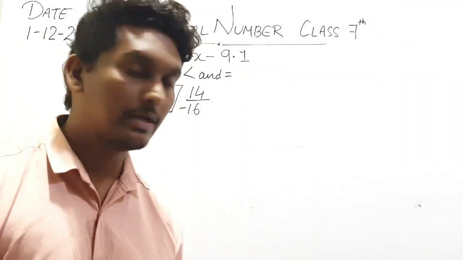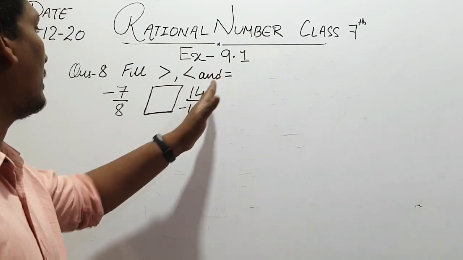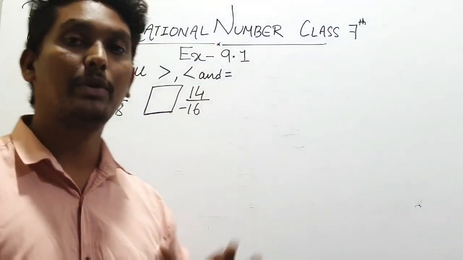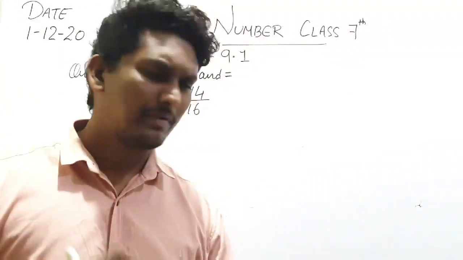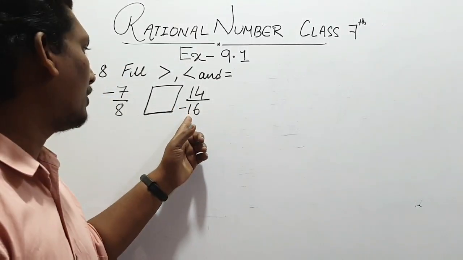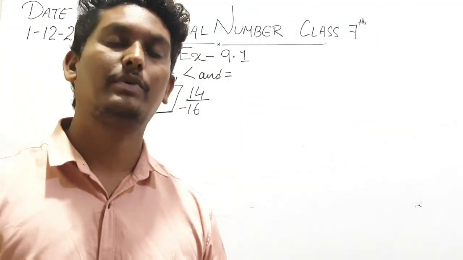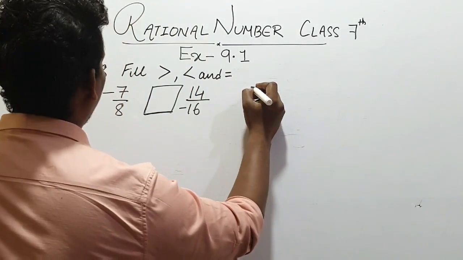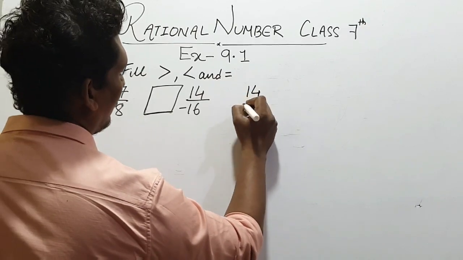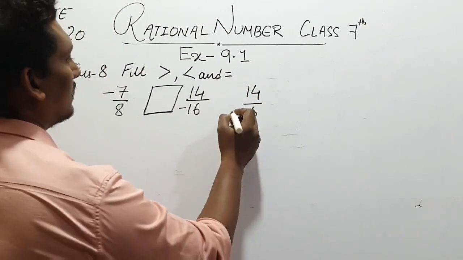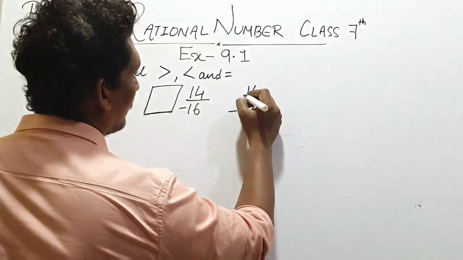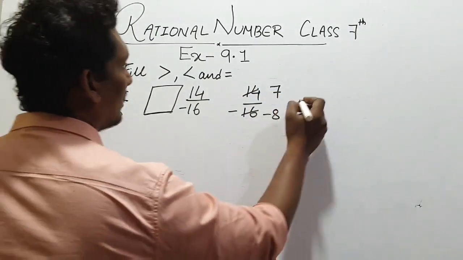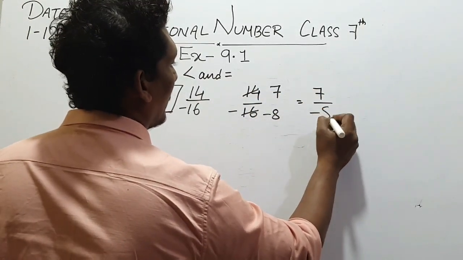Okay, now come to the next question, that is minus 7 by 8 and 14 by minus 16. As we discussed about the negative sign in the denominator in the previous questions, here also a negative number came in the denominator. First we are going to change the sign of this one, right? So 14 by minus 16. First we'll just cut this number: 2 7s are 14, 2 8s are 16, right? Now we got the number that is 7 by minus 8.